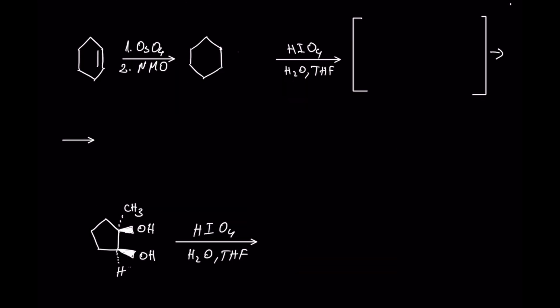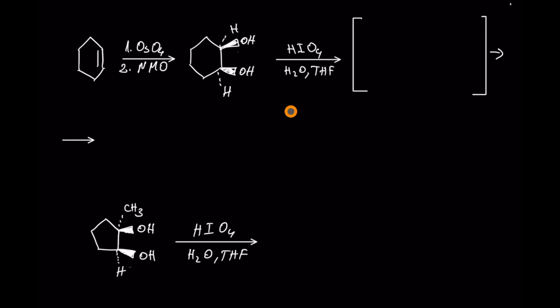Okay. Another way to break the double bond is by forming first a diol by treating with osmium tetraoxide and NMO. Here you are going to have the formation of a diol that is cis, not like epoxidation and acid-catalyzed opening to form a trans-diol. Here you have cis. Okay, and if you treat this diol with periodic acid, which is this one, in water and THF as a solvent,